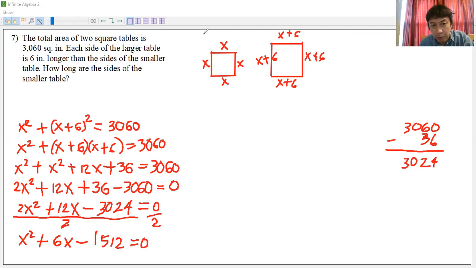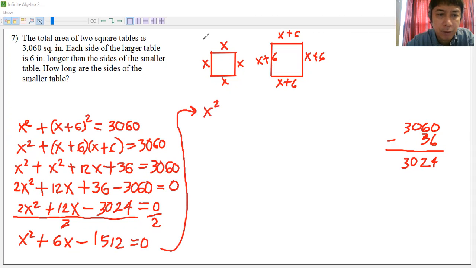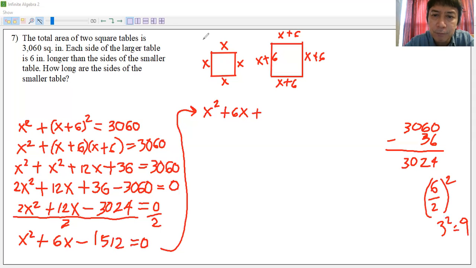All right, we shall try doing it by completing the square again. Okay, so we shall try it over here. This continues over here. So we shall do the completing the square. We have x squared, then this is plus 6x. Okay, number to be added and subtracted. That will be 6 divided by 2 and then square. So that gives us 3 squared, which is 9. All right, our number is 9. We're going to add 9 here and subtract 9, like that.